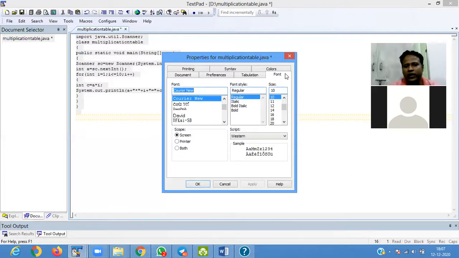Anything that you take from the user on a screen is a string value. When it asks you to enter number 1, enter number 2, you pass a value. You know that you are passing 10, you are passing 20, and that it is an integer. But the compiler doesn't know it is an integer. The compiler knows it is a string value. Anything that you accept from the user or screen is called a string value.